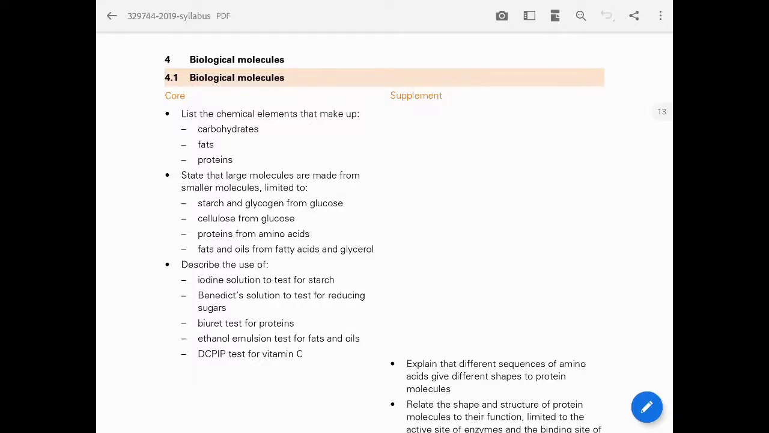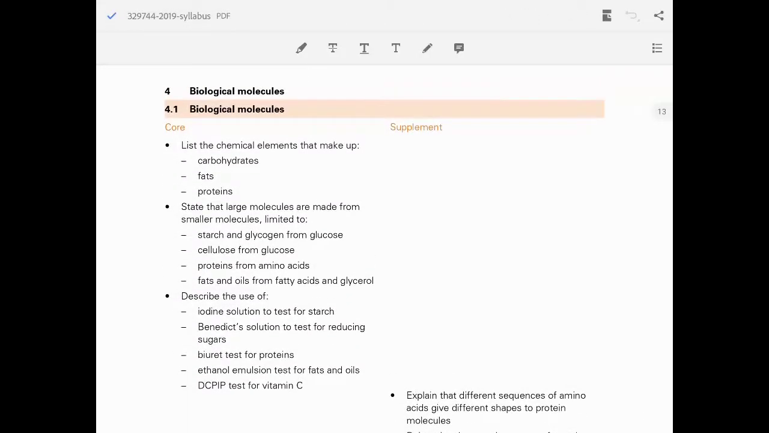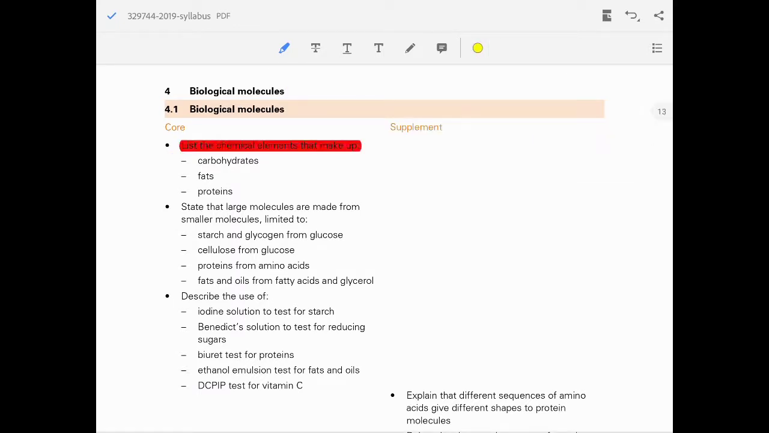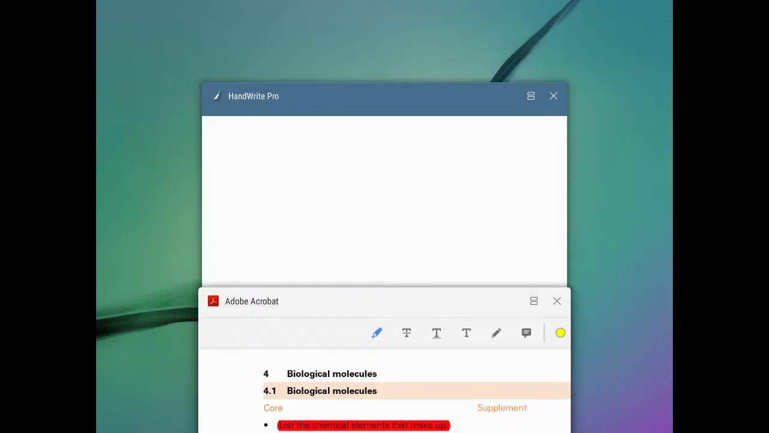Hey guys, today we'll be doing unit 4.1. It's about biological molecules. So, list the chemical elements that make up carbohydrates, fats, and proteins. That's the first thing we're going to be doing. Now, the three things we have to talk about are